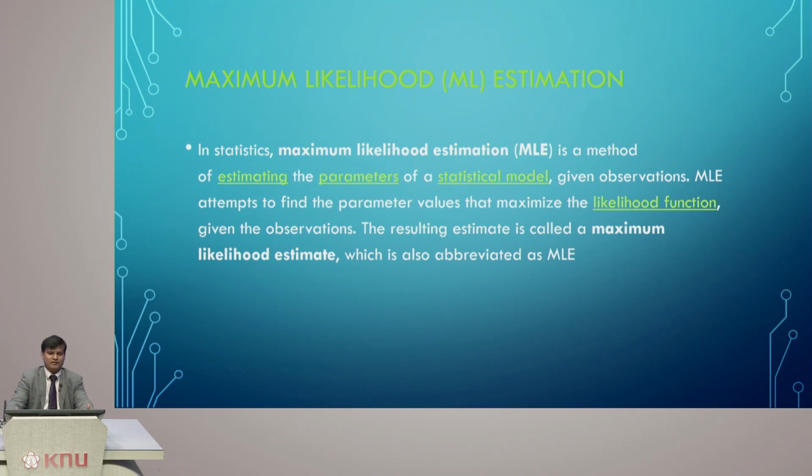Or if you're looking at the number of customers going to a particular shop, how many customers you're expecting to be there. For example, this week you have 100 customers, then next week are you going to have the same number of customers? What is the maximum likelihood? It's a simple observation by which you can estimate the likelihood of things that would happen, and that falls under statistics. Based on statistics, we can make some simple predictions.